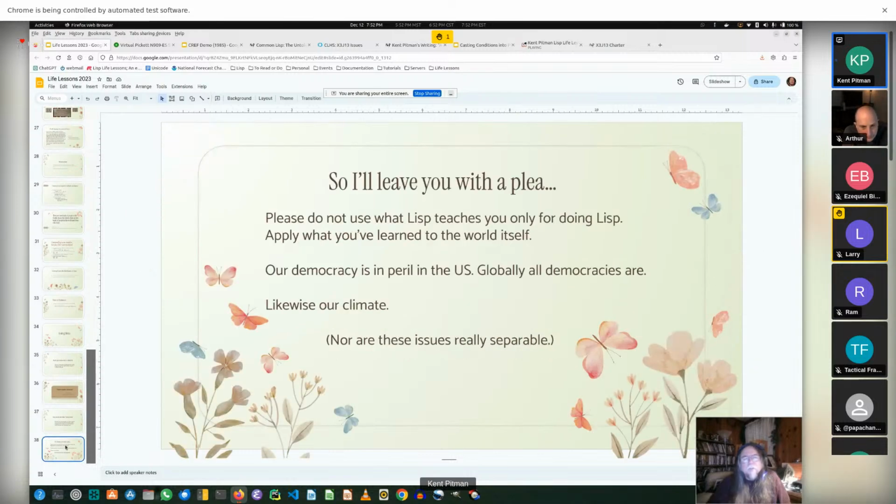And so I wanted to end on this plea, which is, do not just use what Lisp teaches you only for doing Lisp. Look to the lessons that Lisp brings you about how to think about problems, to solve more than just what Lisp is doing. I mean, it's fine if you want to use Lisp to solve problems, that's all great. But when you go home at the end of the evening,